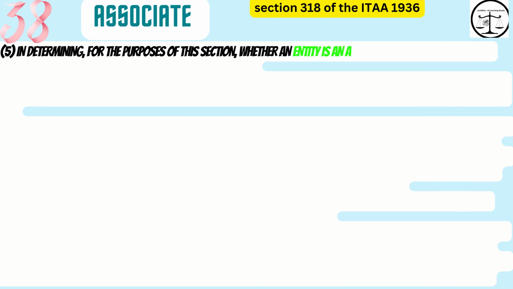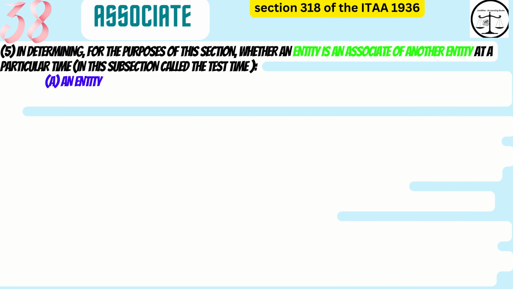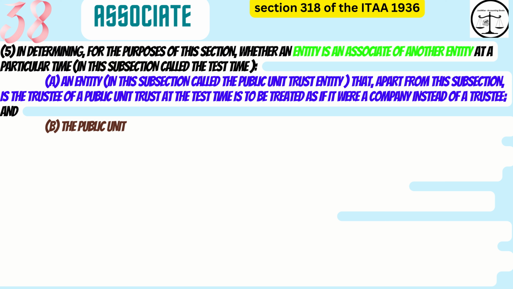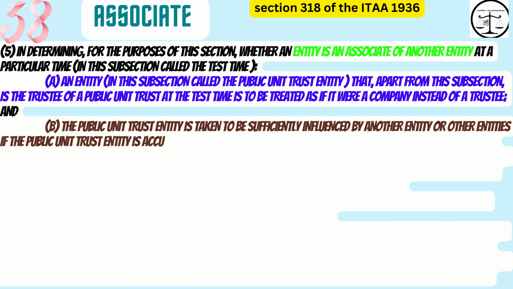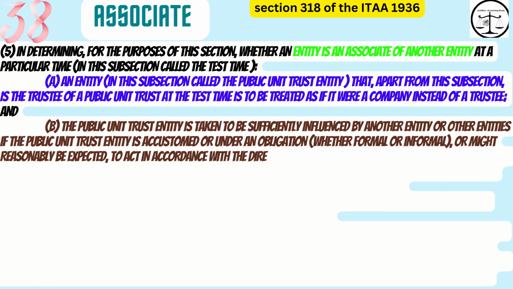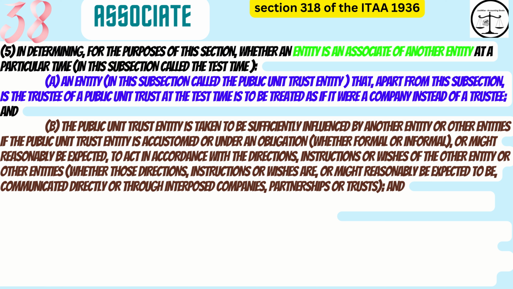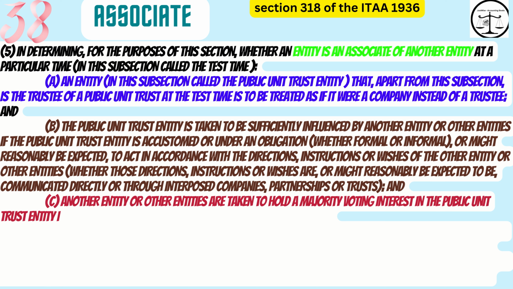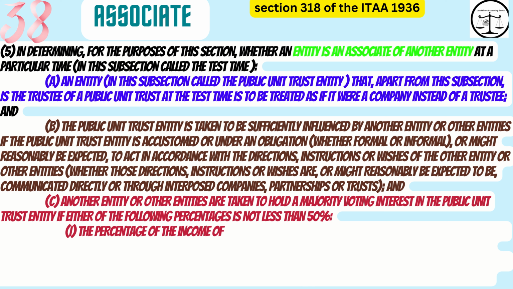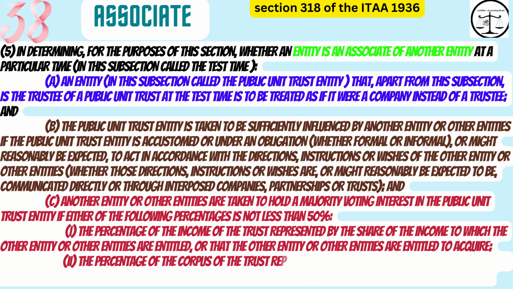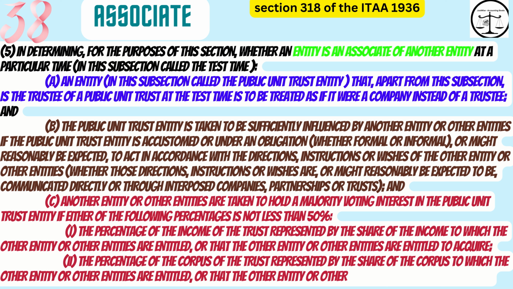5. In determining, for the purposes of this section, whether an entity is an associate of another entity at a particular time, in this subsection called the test time: A. An entity, in this subsection called the public unit trust entity, that, apart from this subsection, is the trustee of a public unit trust at the test time, is to be treated as if it were a company instead of a trustee, and